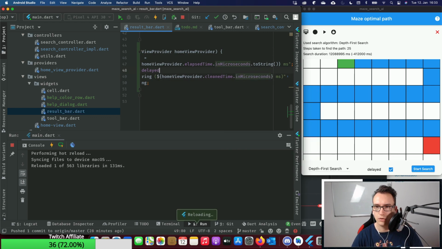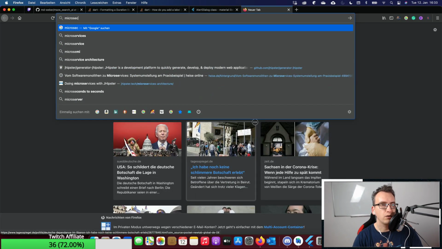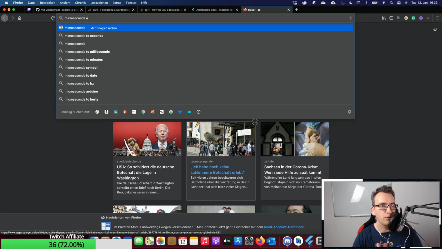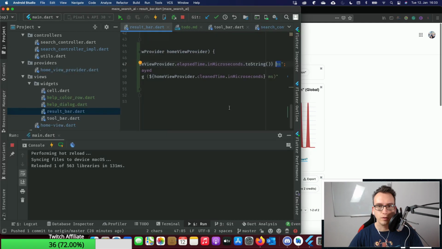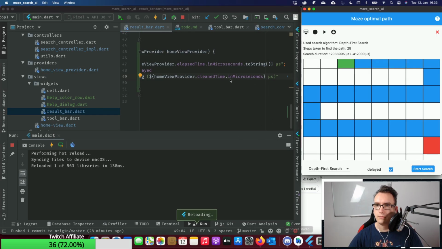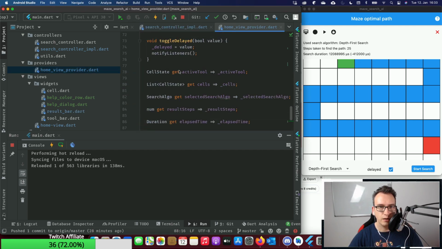So if ms is milliseconds, then microseconds abbreviation is mus, yeah. So that's a huge difference, right? So why did we calculate wrong? Somewhere here in the cleaned time.